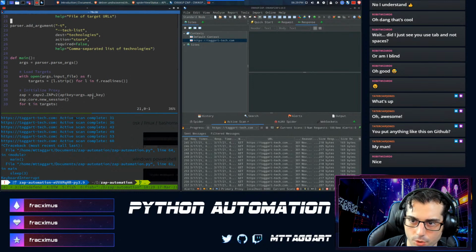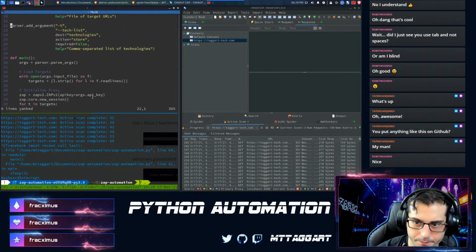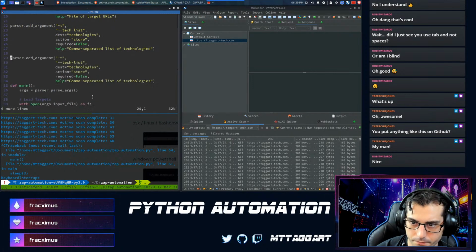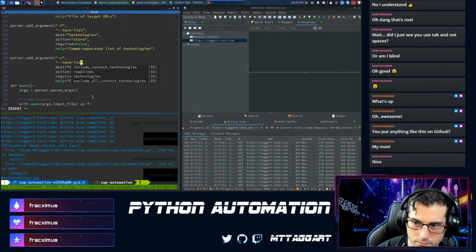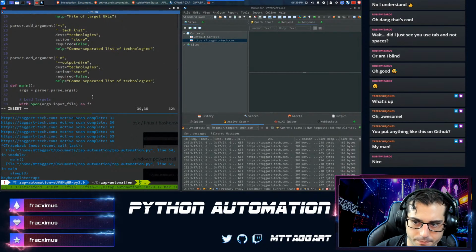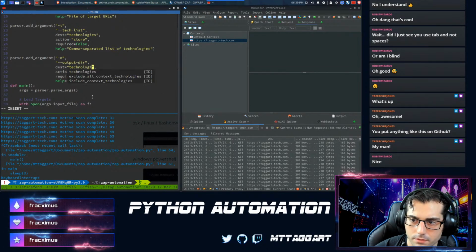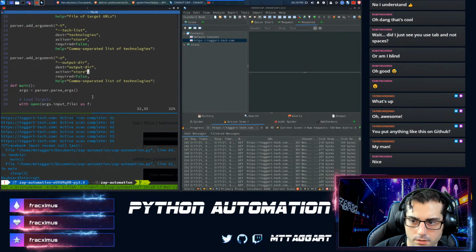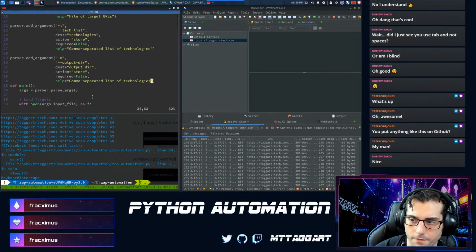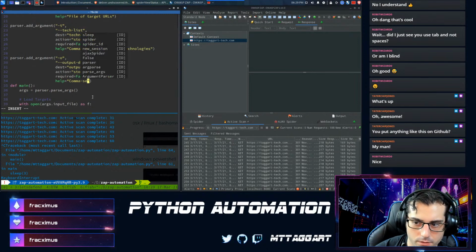And we're going to add a new parser argument. And this one's going to be output directory. And this is going to be the folder in which we're going to export our HTML reports.